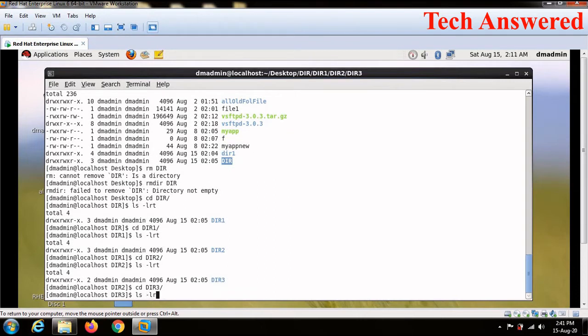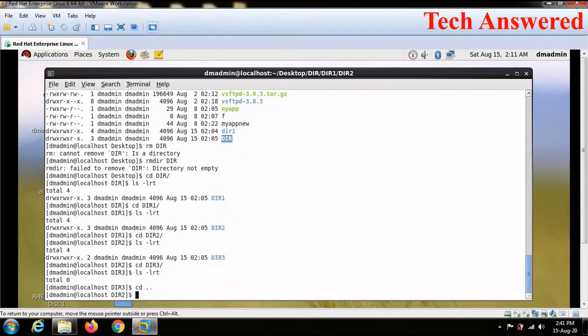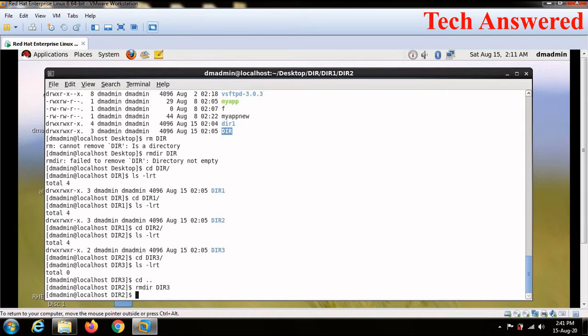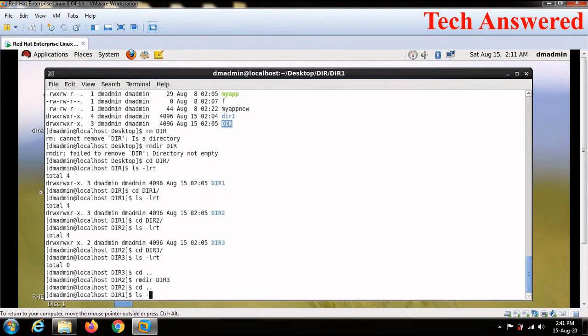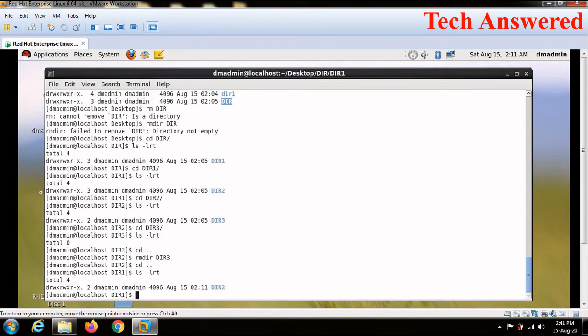Okay, dir3 is basically blank, as you can see here. Let me run the rmdir command to demonstrate that it works effectively. Okay, so now I gave rmdir. Directory 3 was empty, which is why it was able to execute the rmdir command without any issue. Now I am back in dir1, and dir2 has no content inside it, no folders, no files, nothing. If I just run rmdir, it will be able to delete directory 2.